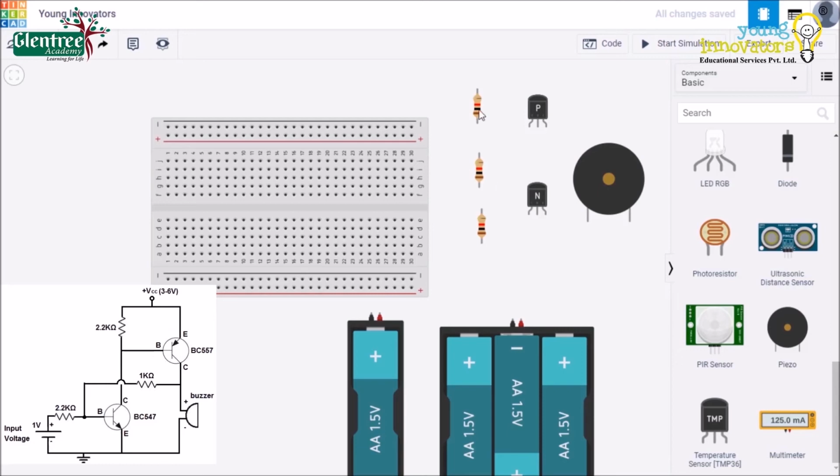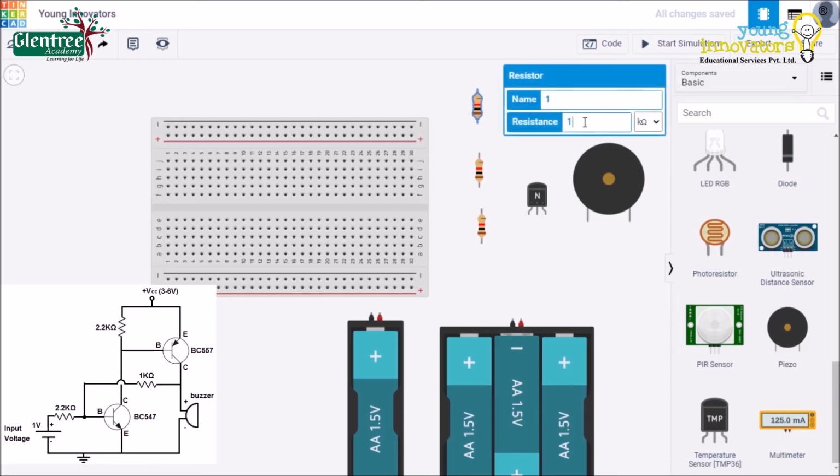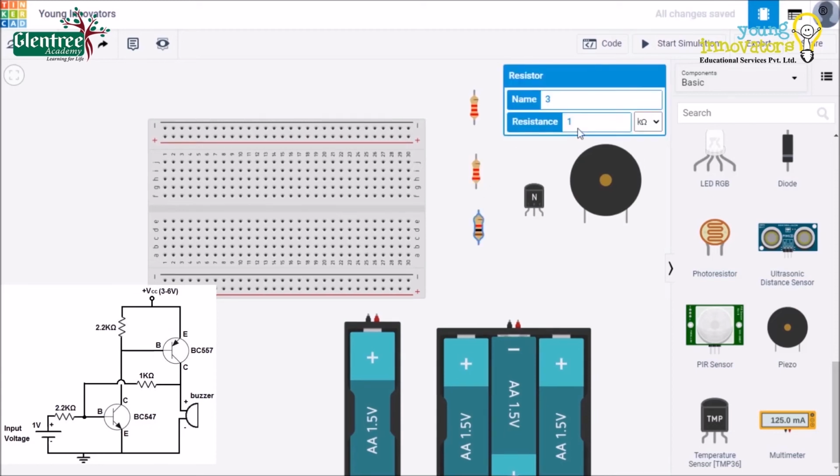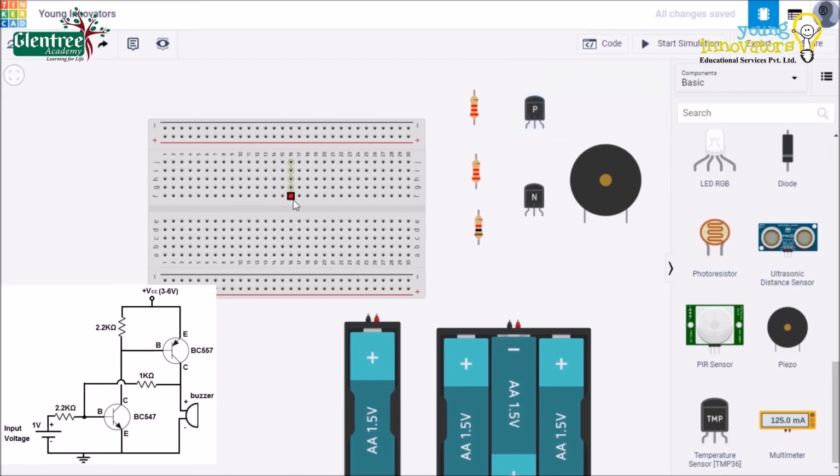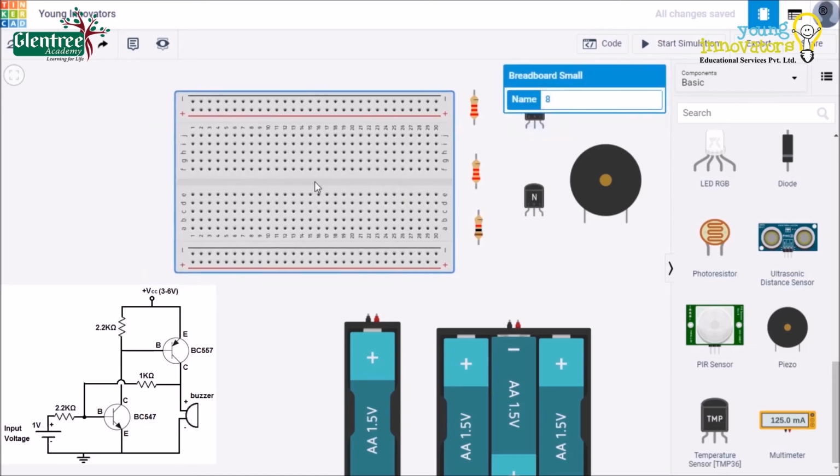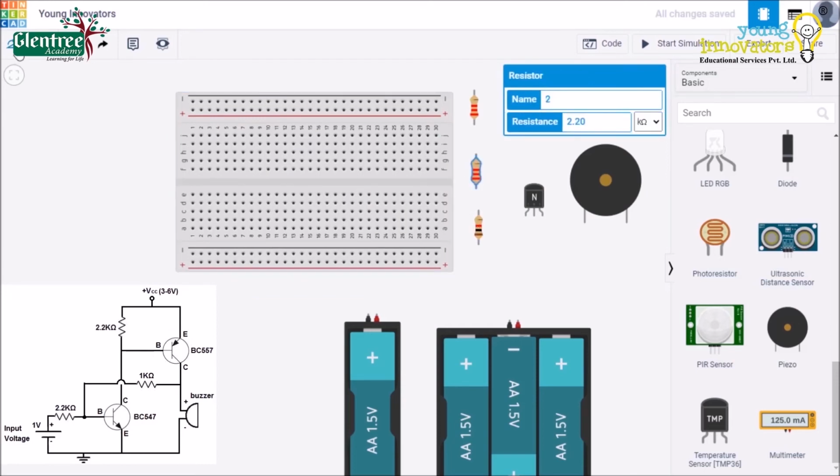As told before, the values of the resistors are different, and 2 resistors will be of 2.2 kilo ohms and 1 resistor will be of 1 kilo ohm value. You can change the value of the resistor just by clicking on that component, and once the values of the resistors are changed, we will put all the components on the breadboard as per our requirement.